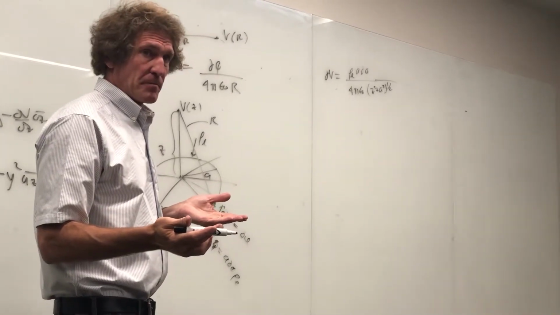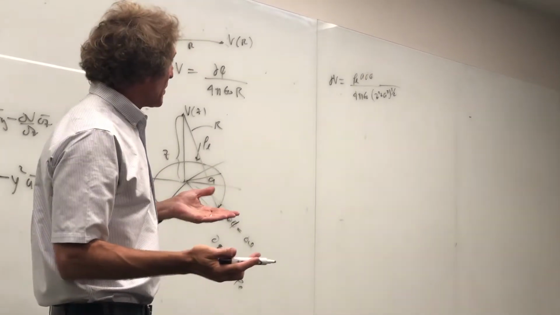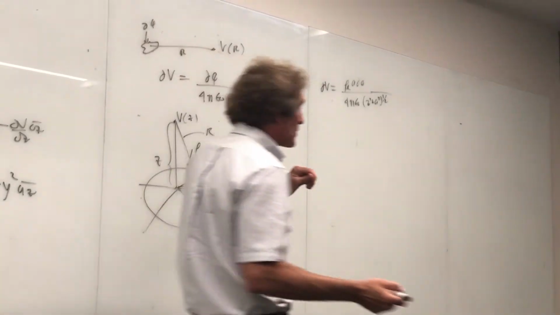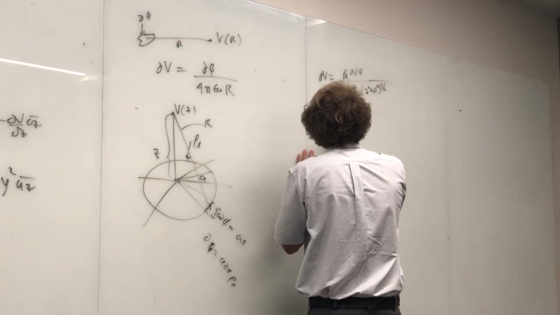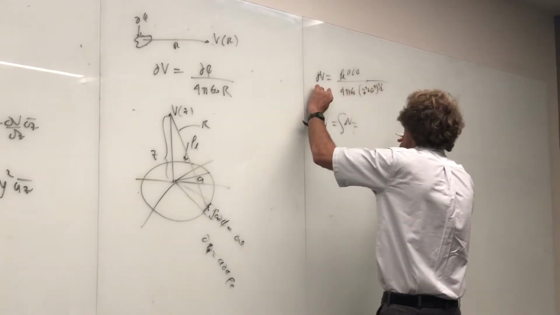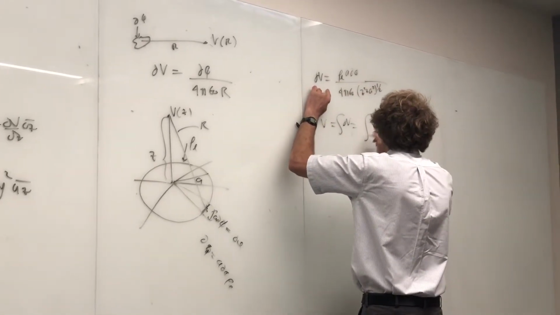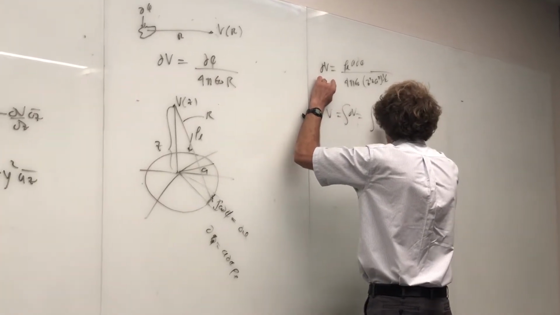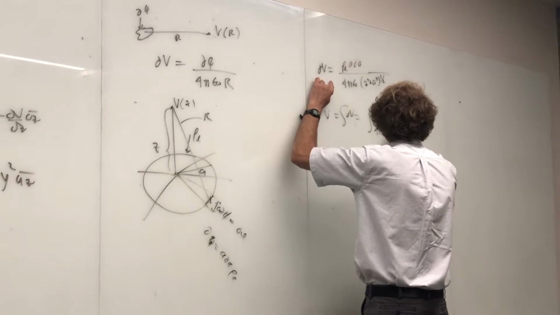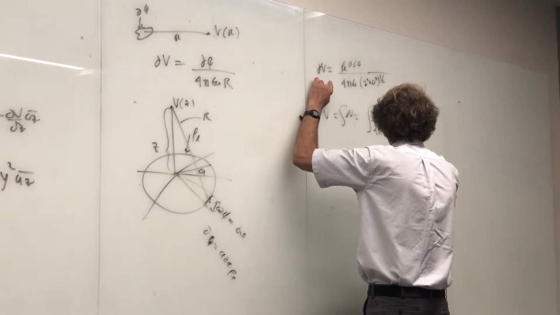Do you agree with me, everyone? Now, when we go ahead and find voltage, what do we do? Well, we take the integral of dV to get V over the region. Here, this is how easy it is. When I take the integral of rho L a d phi over 4 pi epsilon naught times z squared plus a squared to the 1/2 power,